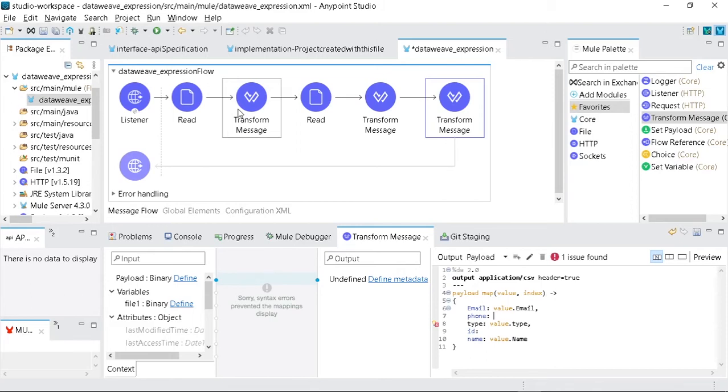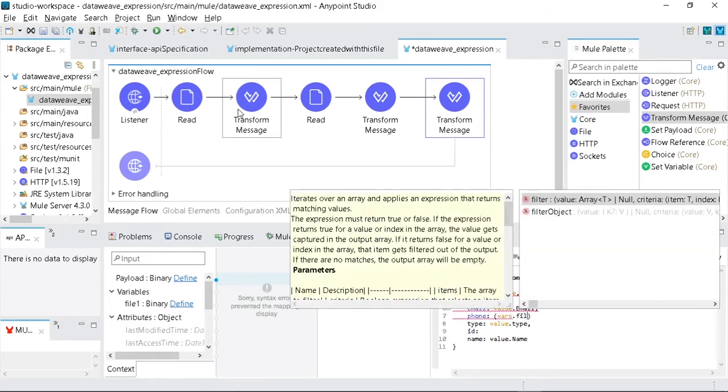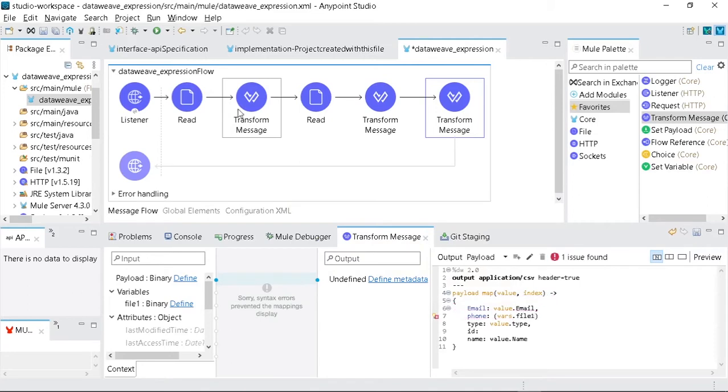So we will have to take those values from the variable. So that's why I will write first a bracket, and inside this I'm writing vars dot file1.